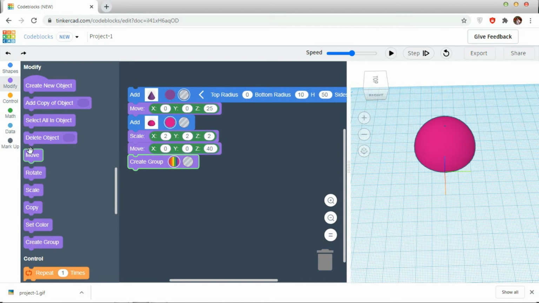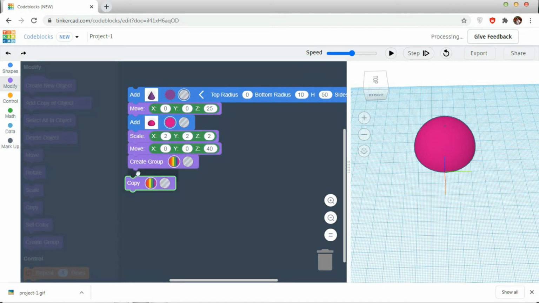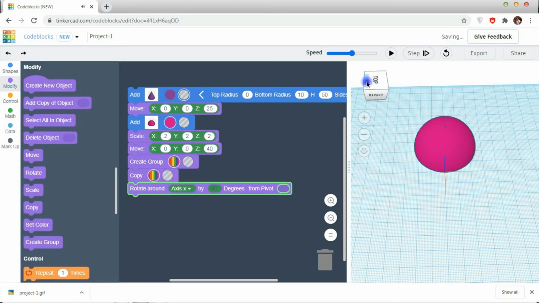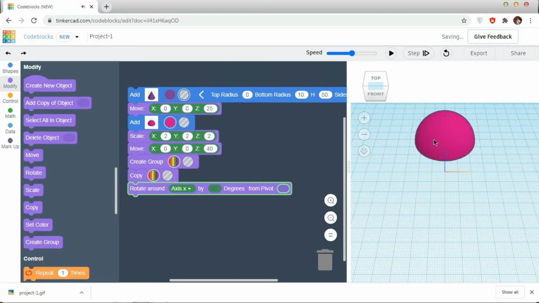Now let's duplicate this object. Take a rotate. Okay, go to the front. So I want to rotate it in y-axis. Y-axis by 90 degrees. Taking a y-axis, rotate.